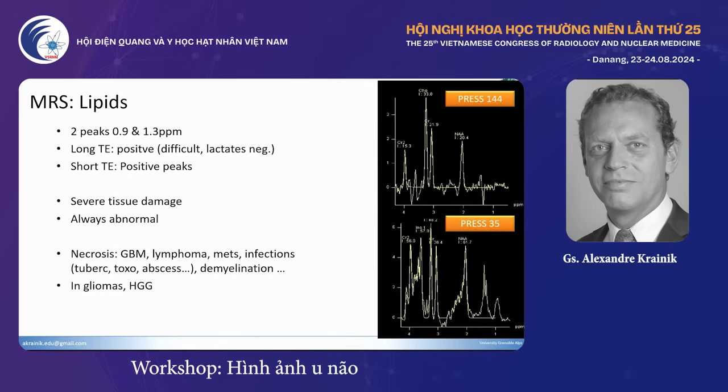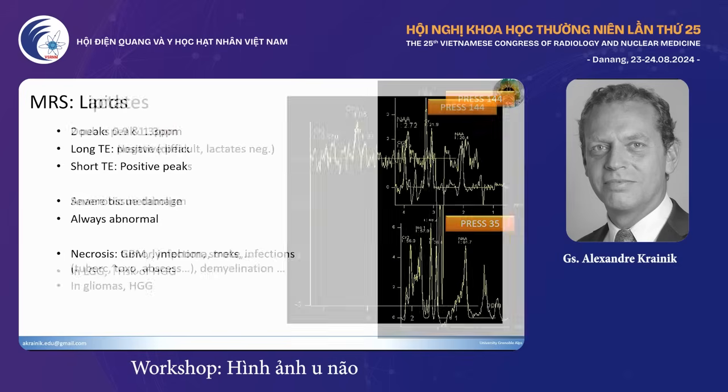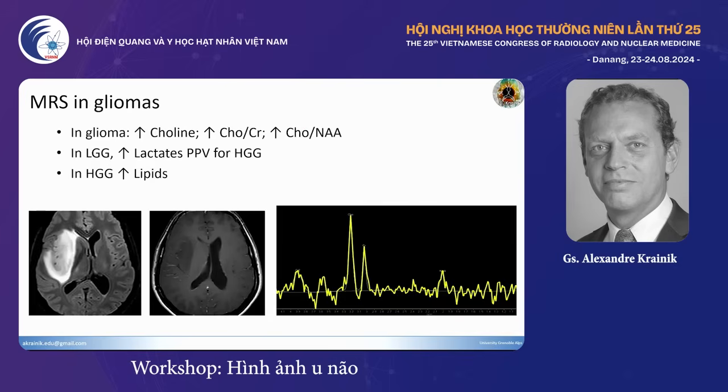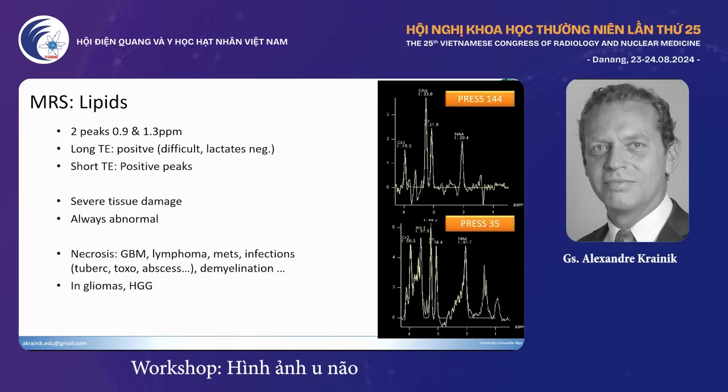Lipids, then, are an abnormal content in the brain because usually they are saturated. Of course, we know there's a lot of lipids in the brain, especially in the myelin, but normally it's saturated. And here you see abnormal lipids with two peaks at 0.9 and 1.3. Well, it's a positive peak. It's not a problem in itself. It usually